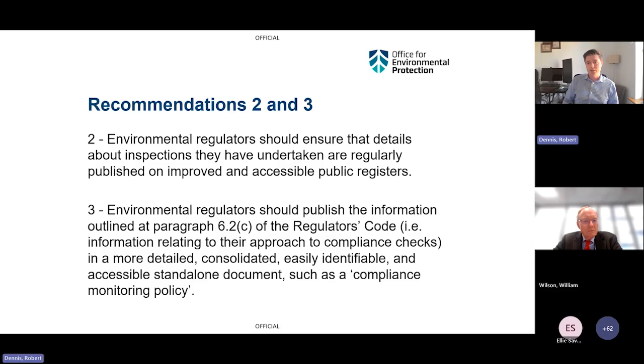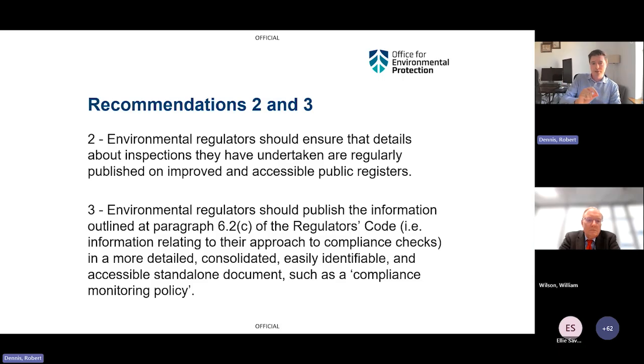It was actually quite striking that even when we were going directly to regulators, again, as Will suggested, with regard to some local authority data, it was actually quite hard to get figures. So of course, if that information was being published on a more routine basis, it would probably also be gathered in a more organized way.